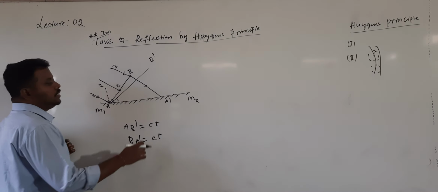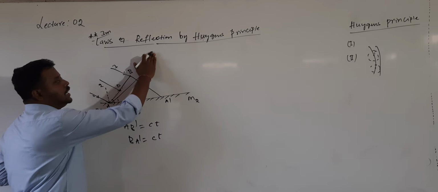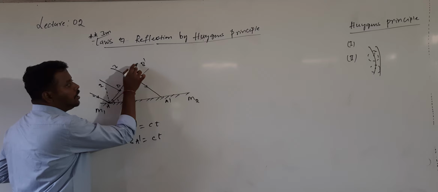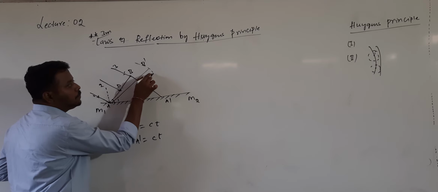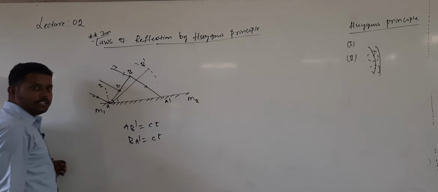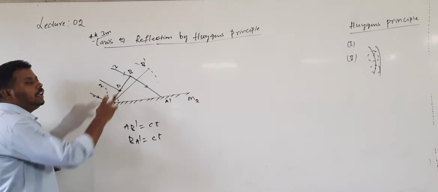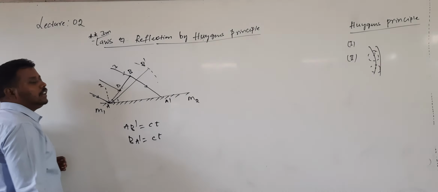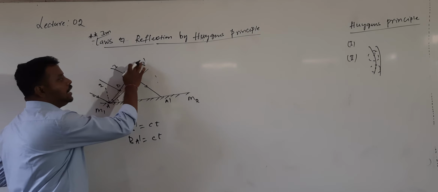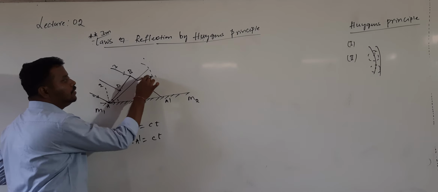So what I am doing is, by taking A as the center, the distance traveled by the light emitted from B, A B dash, as the radius. Let me draw one sphere. Instead of drawing a sphere, let me draw one arc. What is the arc? B dash. From where have I drawn the arc? From E. Are you getting it? I have drawn one arc, so this is the arc value.